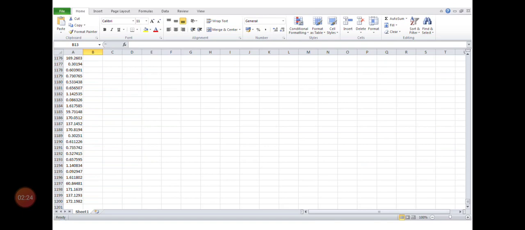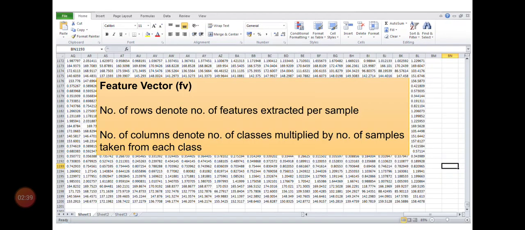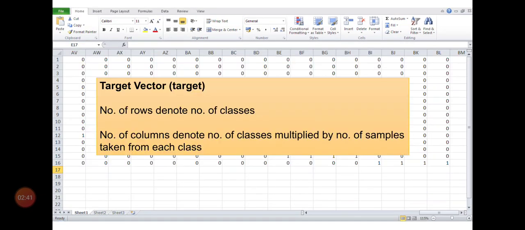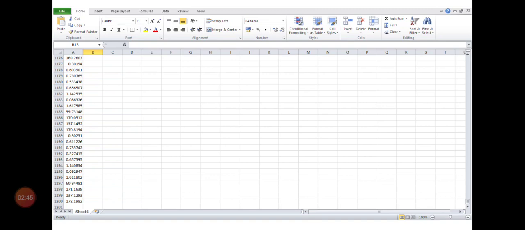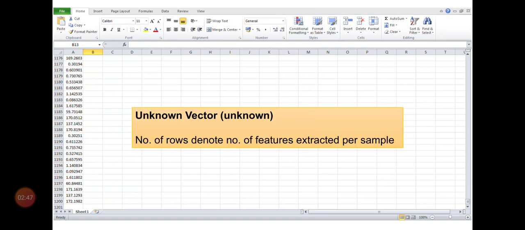Next you need an unknown feature space, where you calculate the testing result, or for accuracy calculation you need this unknown value. Earlier, these two vectors, the FV vector and the target, are used in the training part, and for the testing we need this unknown vector.